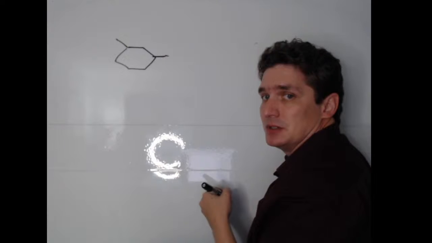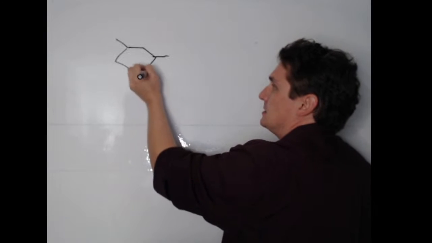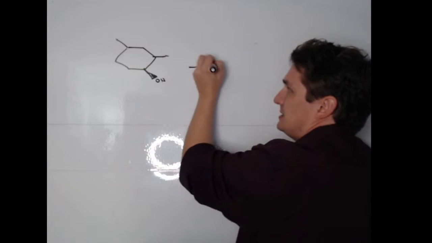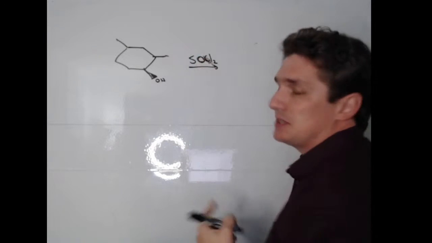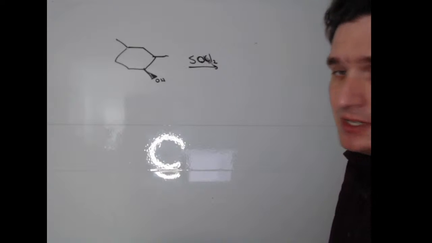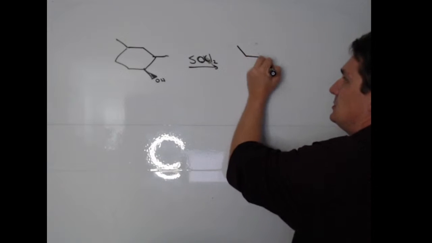Actually, there's a lot of ways you could do this one. So the easiest is SOCl2. Thionyl chloride is very stereoselective. It always inverts the stereochemistry. So you would end up with